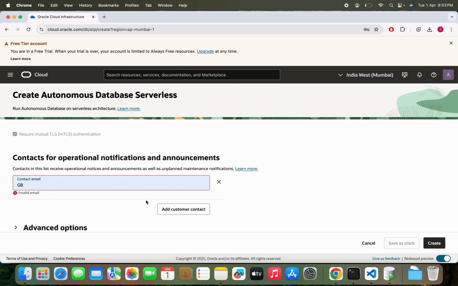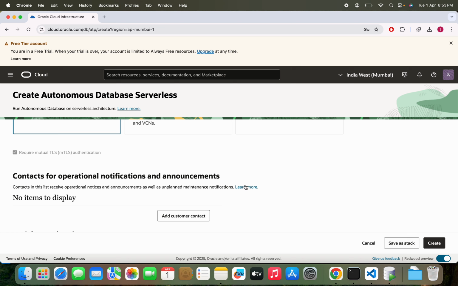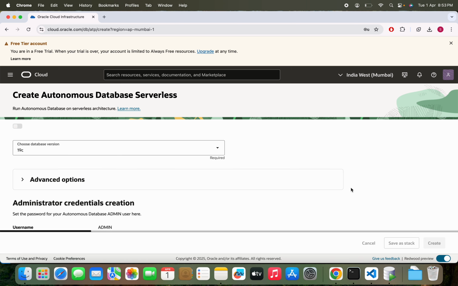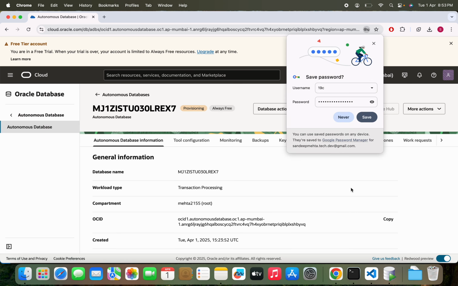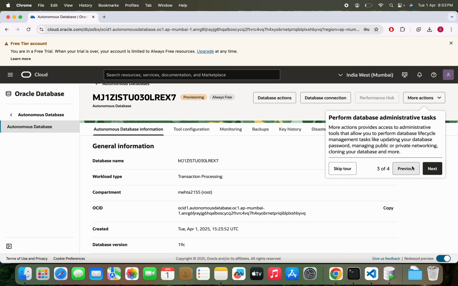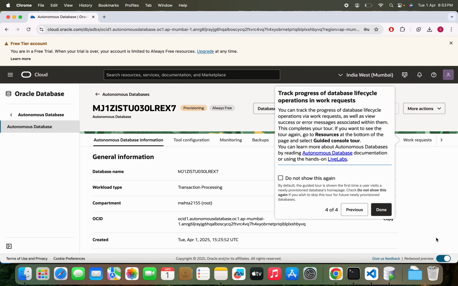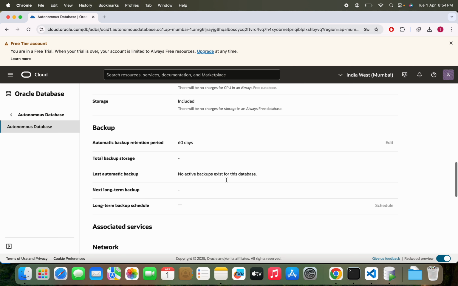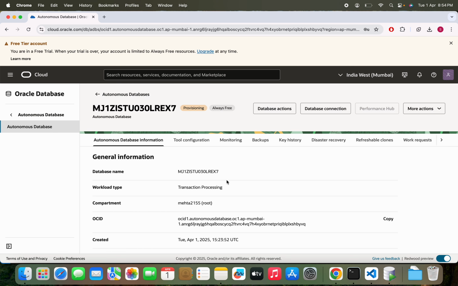Okay, and the email you want to enter. Okay, I'm not entering it right now. Then just click on create. Okay, after some time the database will be created. Right now it is in the provisioning stage, and once the database is deployed,